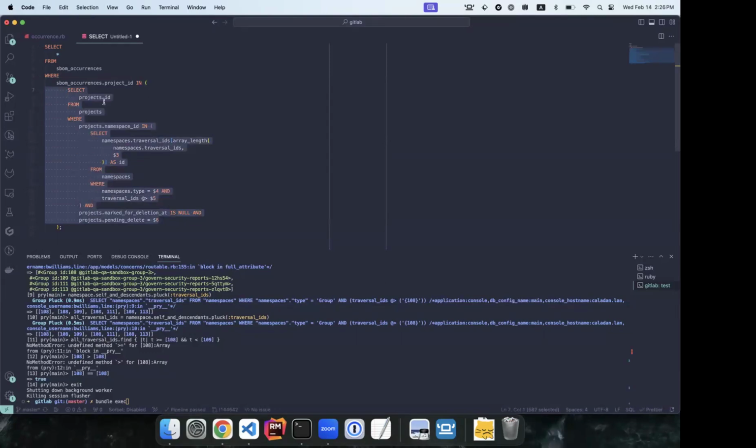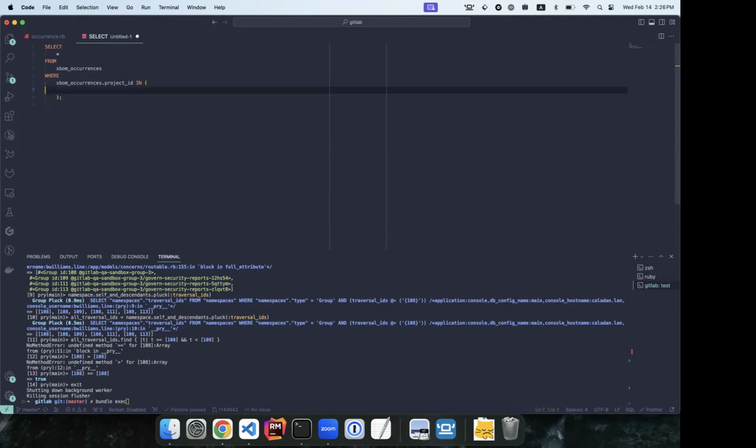For some customers, this ID list right here has 10,000 items. And so we have to scan the SBOM occurrences table 10,000 times. So this namespace lookup is efficient. It's just that this nested loop right here is not efficient. So what we're trying to do is essentially rewrite this query so that we get rid of this subquery completely. And instead we do